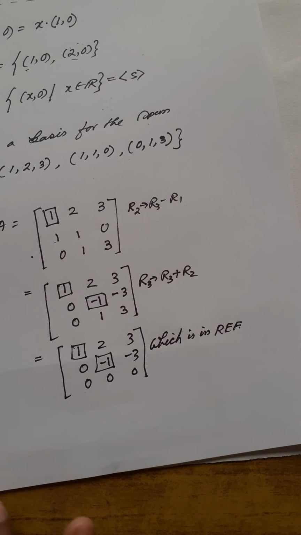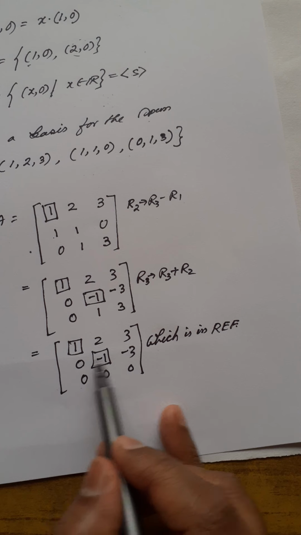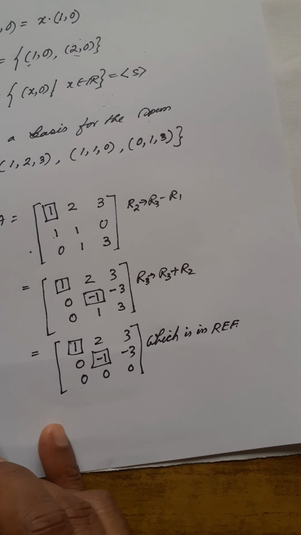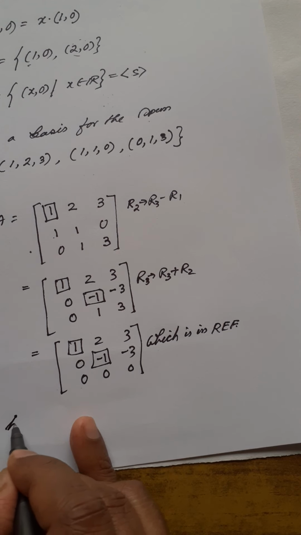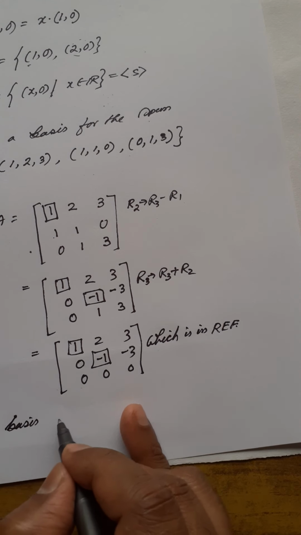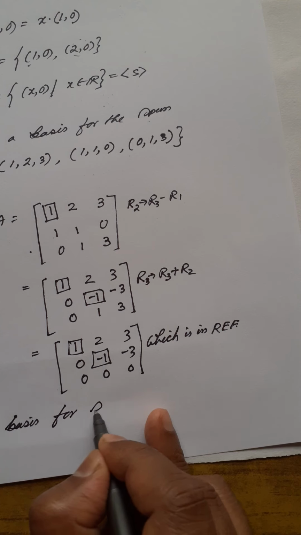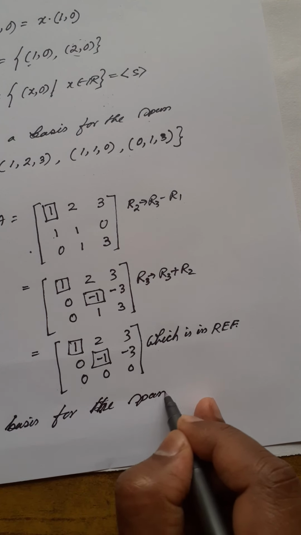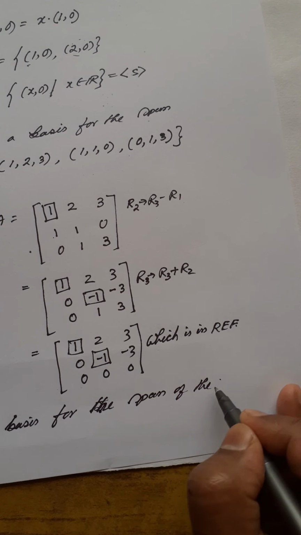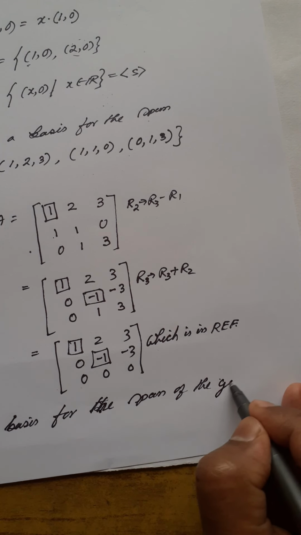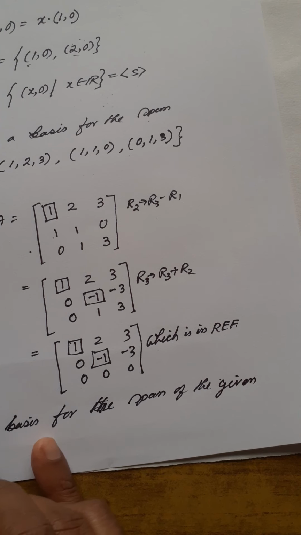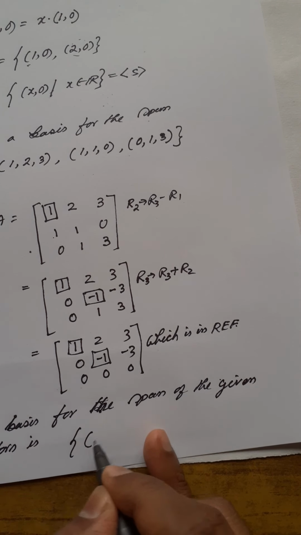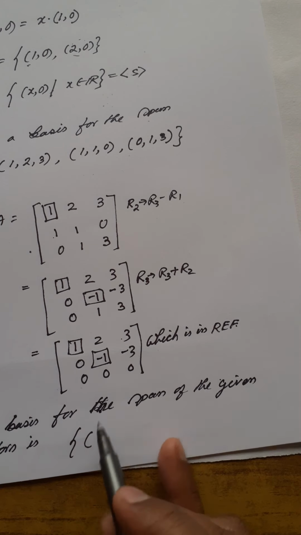Now we will note the non-zero rows here, and that will give me a basis. Therefore, a basis for the span of the given vectors is, first I will take the first row and form a vector (1,